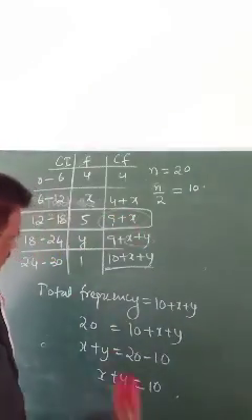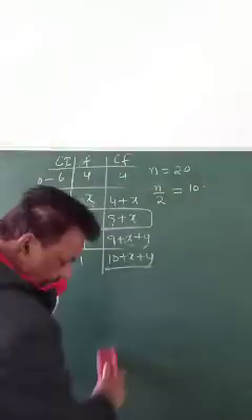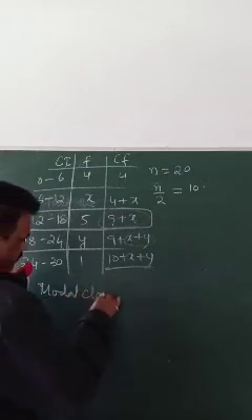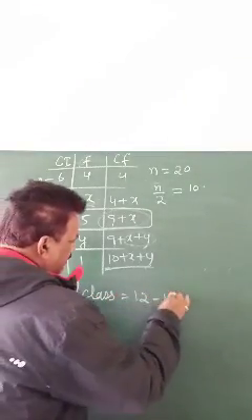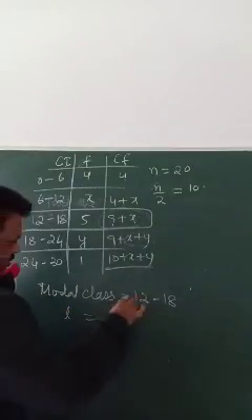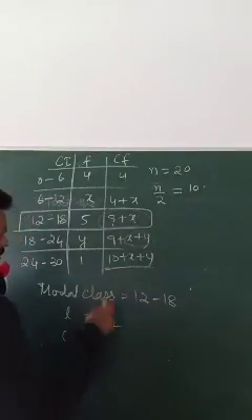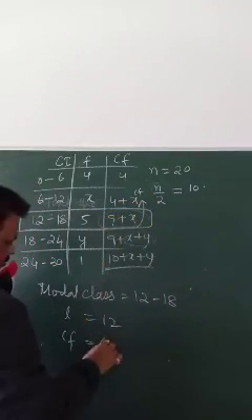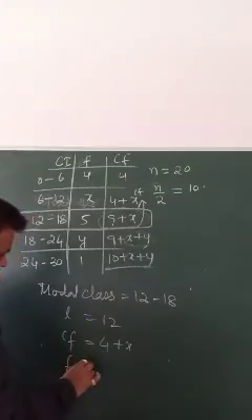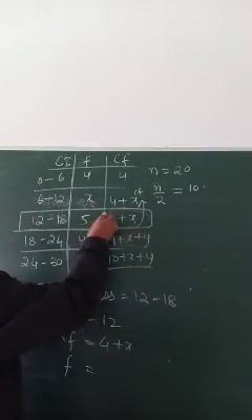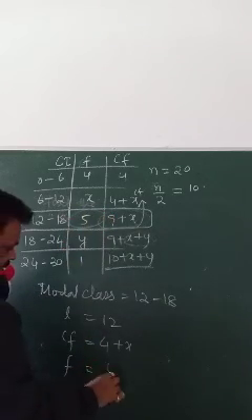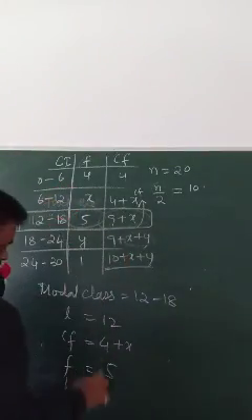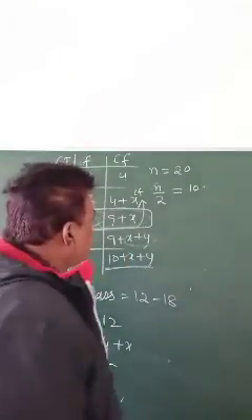So write down median class 12 to 18. The N how much? 12. CF is always this one. CF, previous to this, 4 plus x. Frequency of the median class F, this will be F, 5. Size H, difference is 6. So you can write